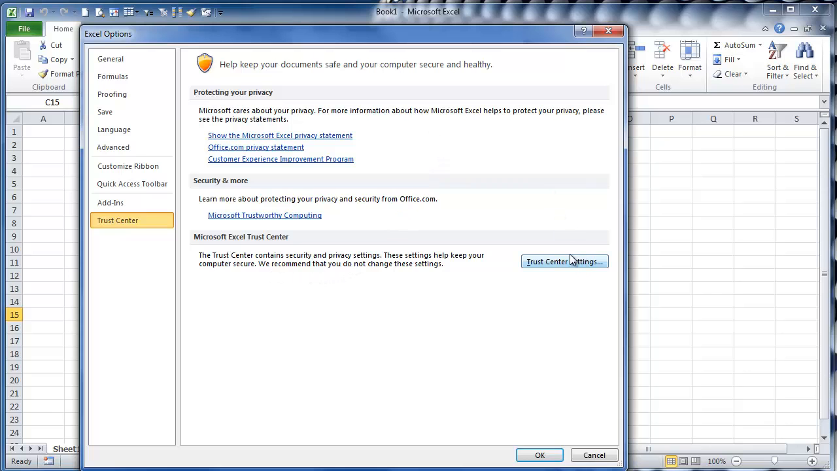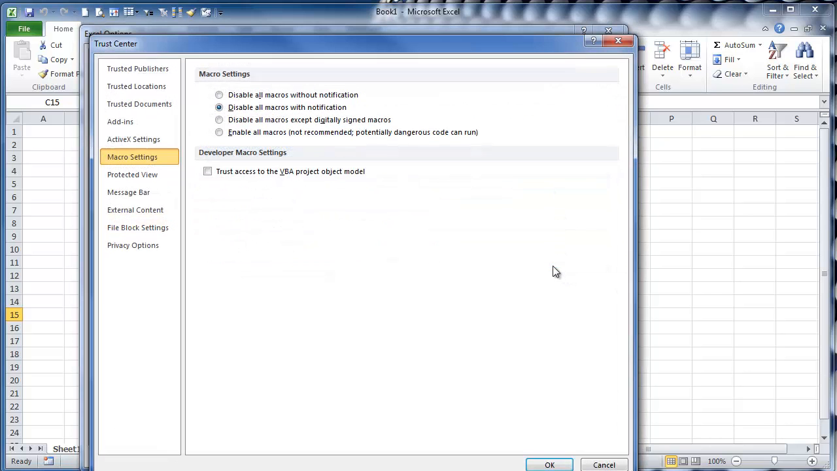The one that we are digging into is the Trust Center, and this is where you're able to change some of your security trust settings. So you've got trusted publishers, trusted locations, add-ins, etc. And the one we're looking at today is macro settings. Most likely, I don't remember what the exact default is, but click on macro settings, and you've got